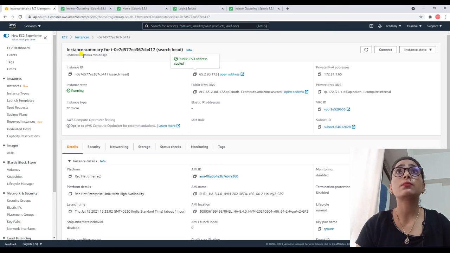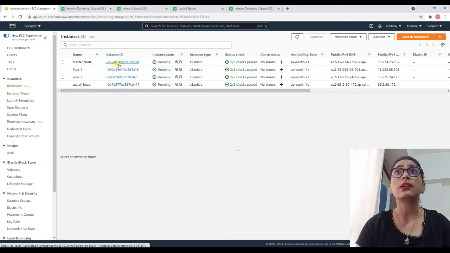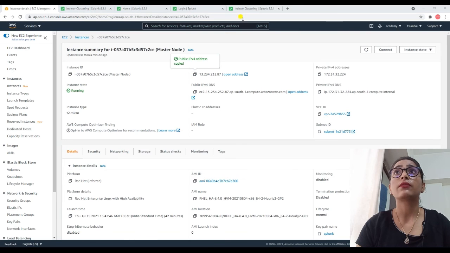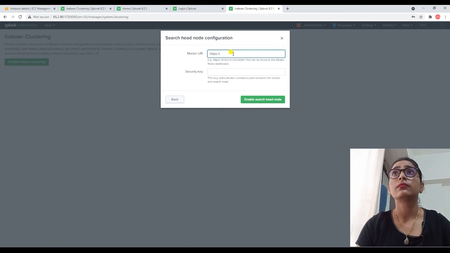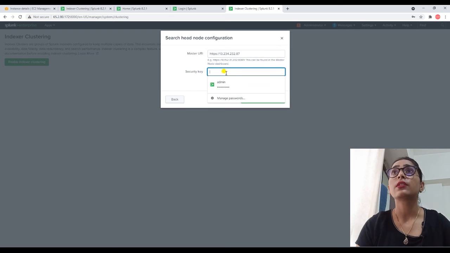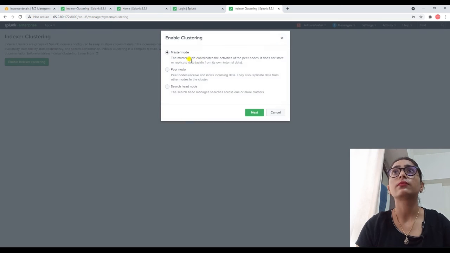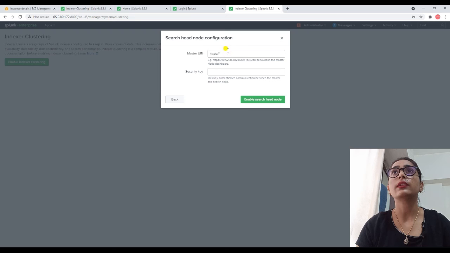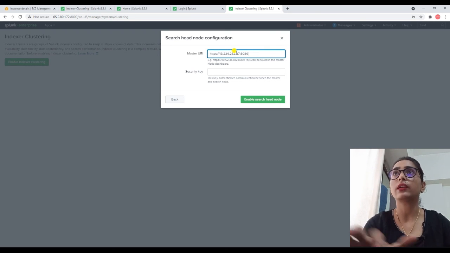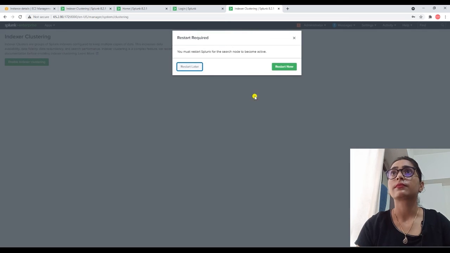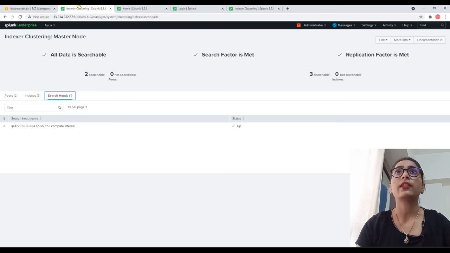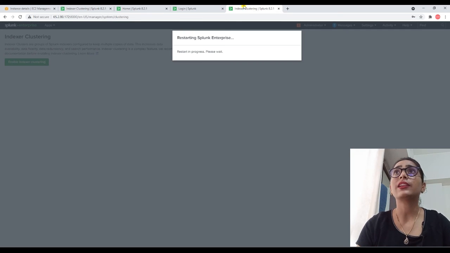Here we have to give the master instance IP, along with the security key, colon 8089. Restart now. If I go here, you can see there will be two search heads now: one is this machine IP and the second is this 172.